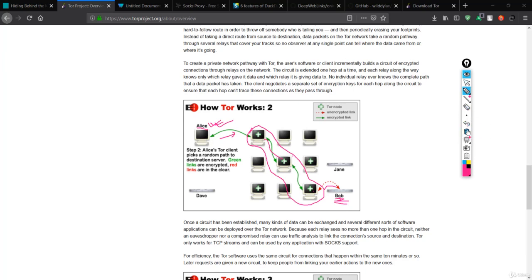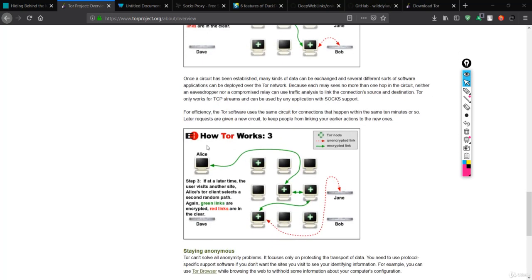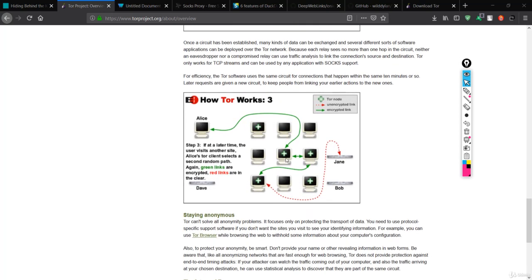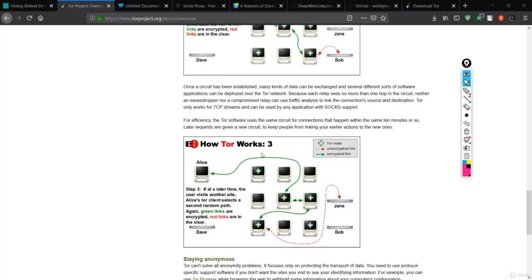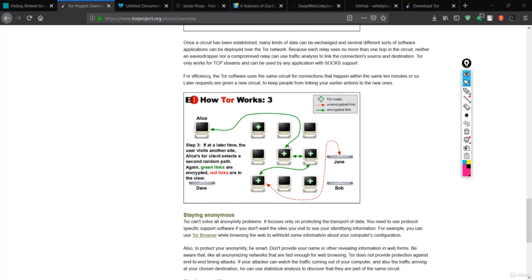And if you make one request, let me say at first we made the request to google.com, and then if I make a request again to facebook.com, a new circuit will be created, and this circuit will be random, different from before. At first this circuit was associated to make a link between Alice and Bob. Now for the second request, maybe facebook.com, another circuit will be created, so that this new server will no longer have any information about Alice.